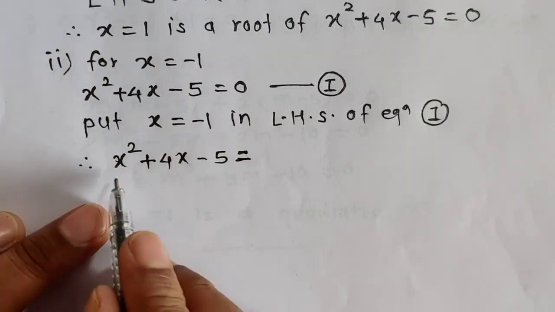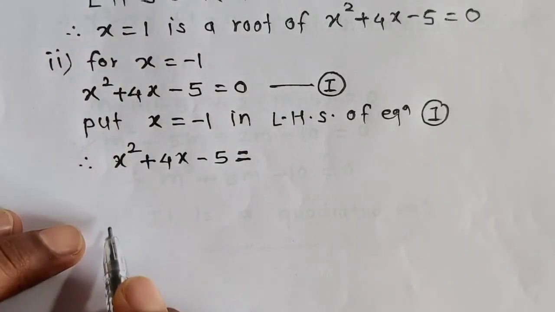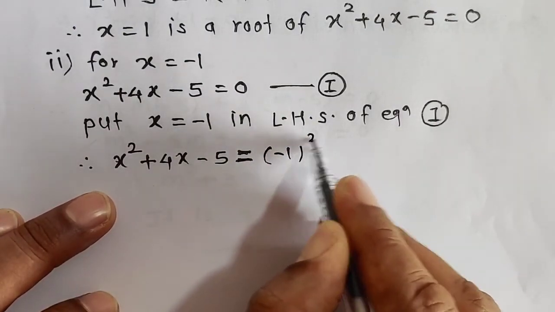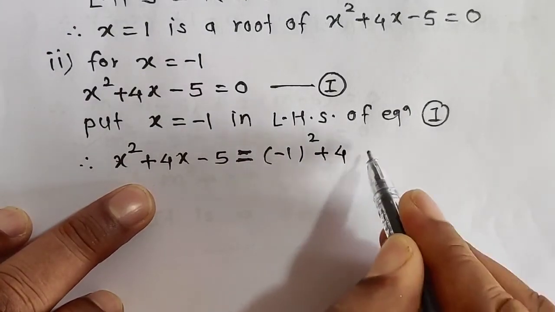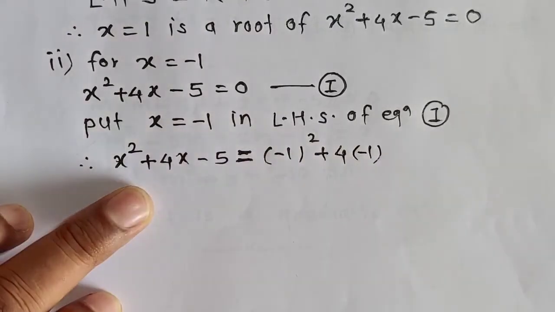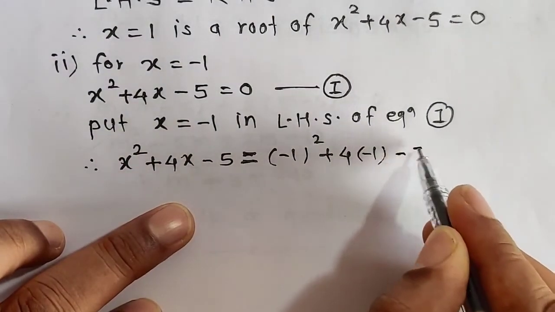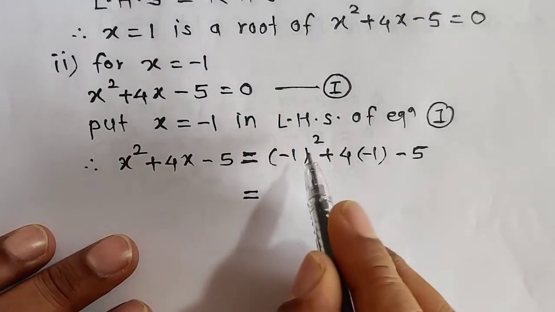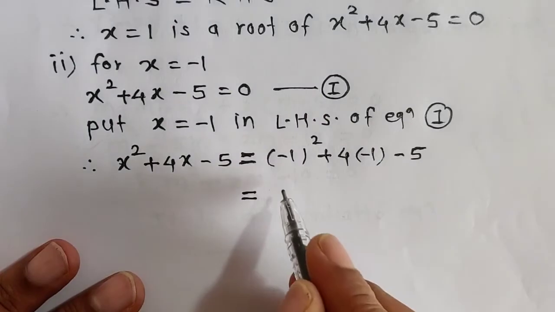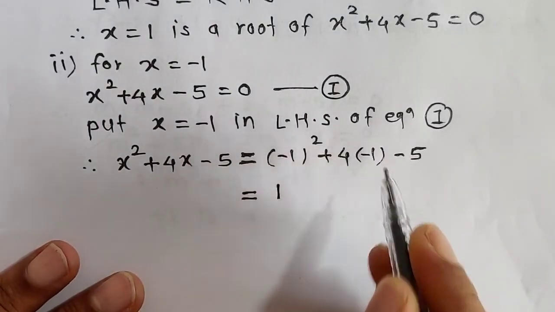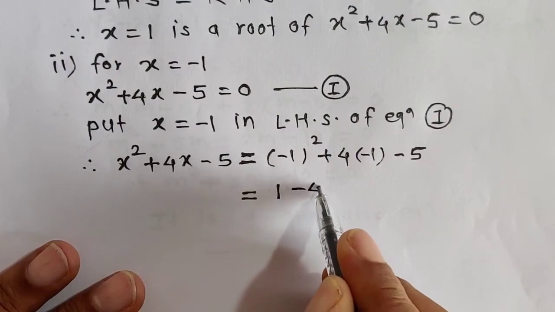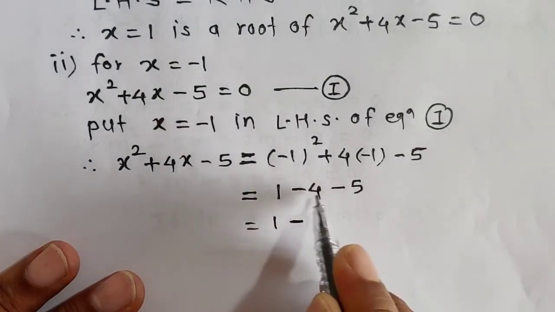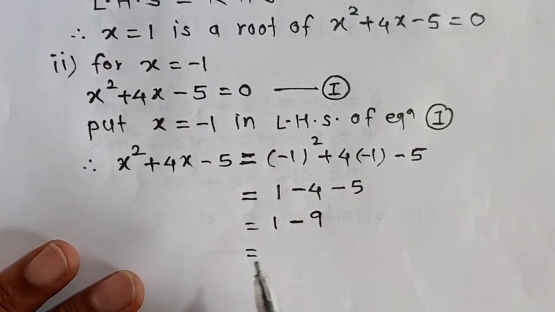Now substitute this value, x is equal to -1. Either substitute here or here. We substitute here. x square means (-1) square plus 4 into x, 4 into -1, and -5 as it is. Don't write 0, remember, because that is the habit. So (-1) square, the square of every number is positive, you know. So 1. 4 into -1 is -4. Whenever the signs are opposite, it is negative, and -5. So we get 1, and this -5 minus 4 is -9. So we get our answer